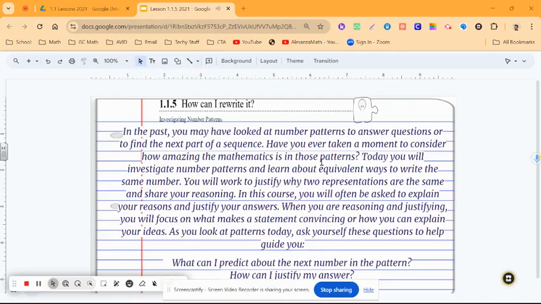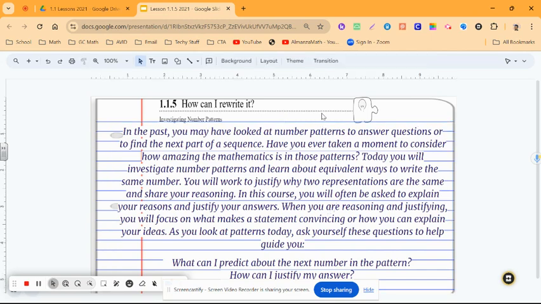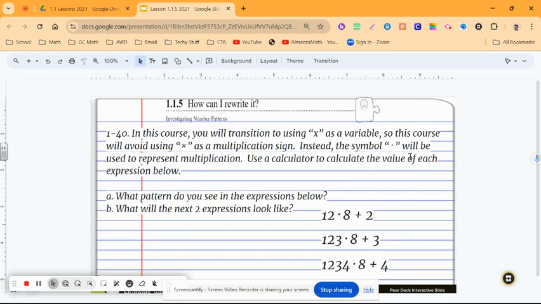Alright, today we're going to be learning about number patterns. So if you read this instruction at the beginning of class, you'll know that it just talks about how we see patterns everywhere in math, and we're going to talk about the number patterns that we'll be dealing with in class. So you were asked to look at the number pattern that we have on this first slide,